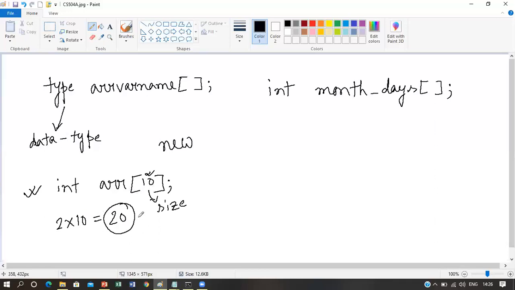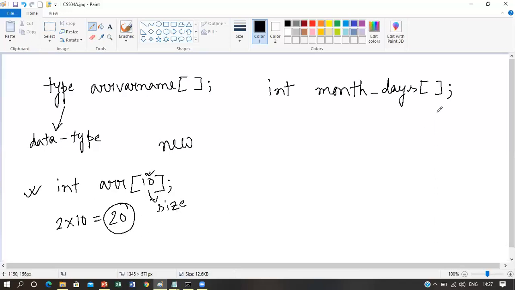And this 20 bytes cannot be manipulated. This memory that has been allocated for this array ARR will be fixed. You cannot manipulate the size 20. So this is known as static memory allocation, which will stay fixed throughout the program.